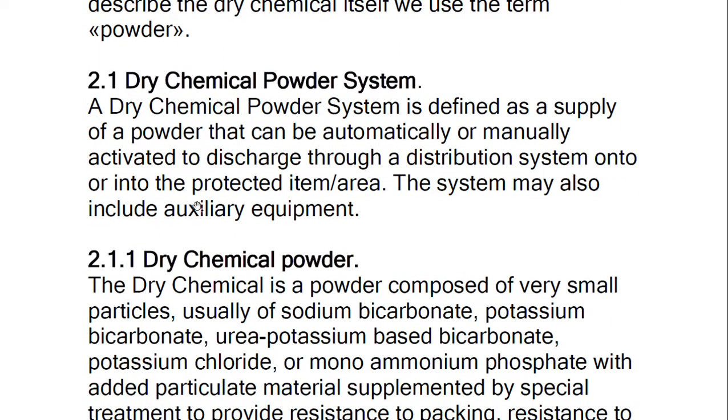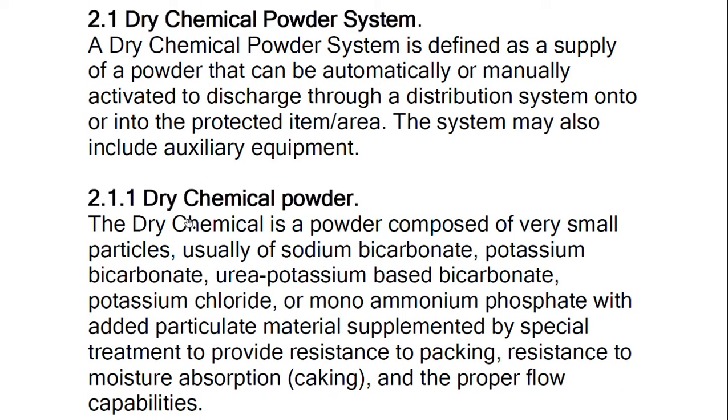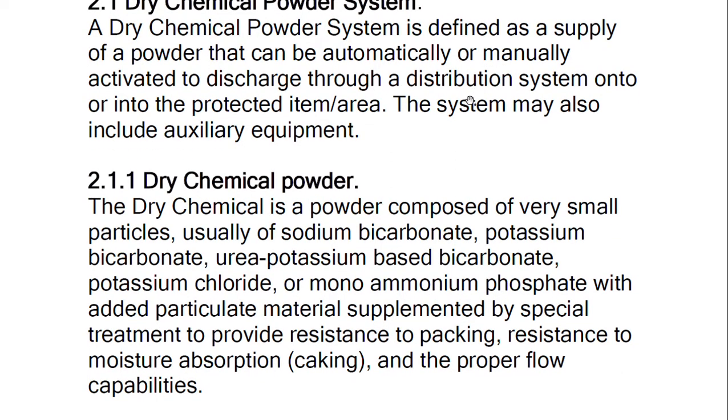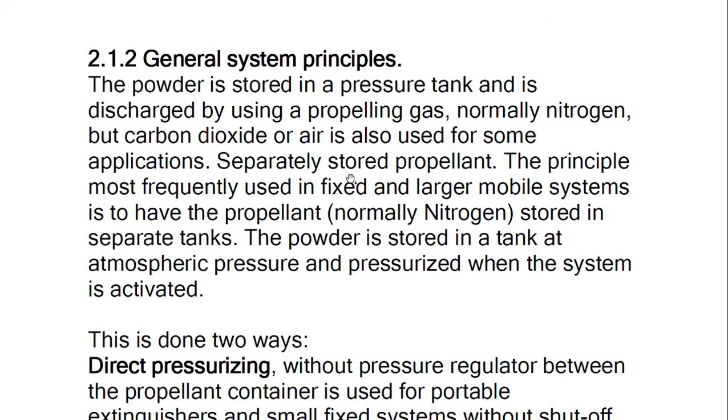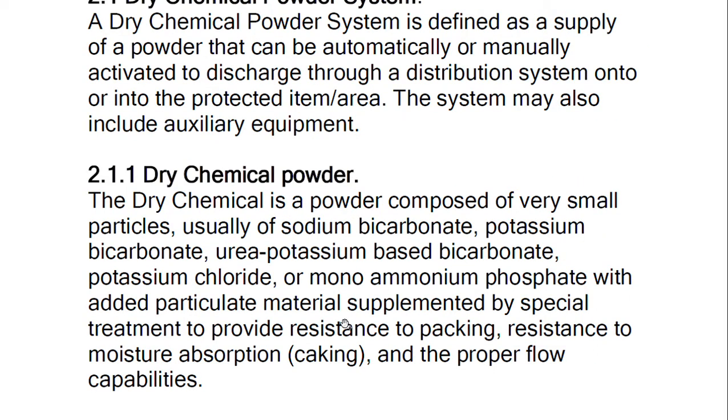Now, dry chemical powder system. A dry chemical powder system is defined as a supply of powder that can be automatically or manually activated to discharge through a distribution system into the protected area. The system may also include auxiliary equipment. Now, it is made of very small particles, usually of